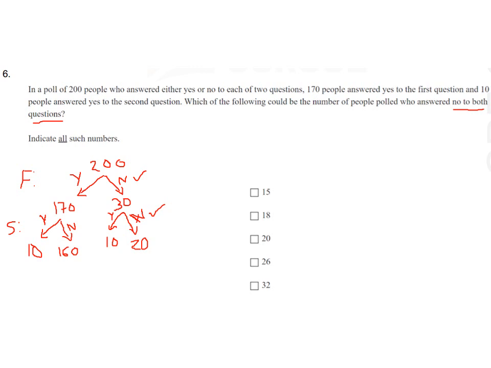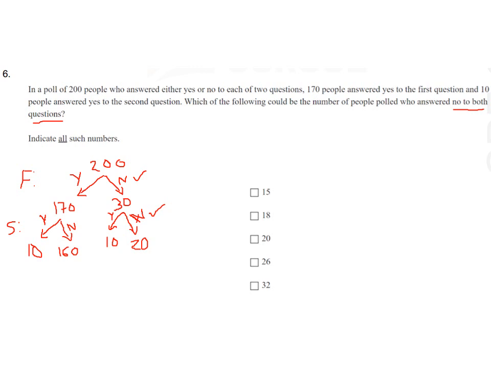So if we just take the difference of 170 and 10, 160 people are left out who answered no to the second question but yes to the first question. Similarly, those who answered no to the first question, that group comprises 30 people, and they answered yes to the second question. There are 10 people as given in the question, and 20 people left who answered no